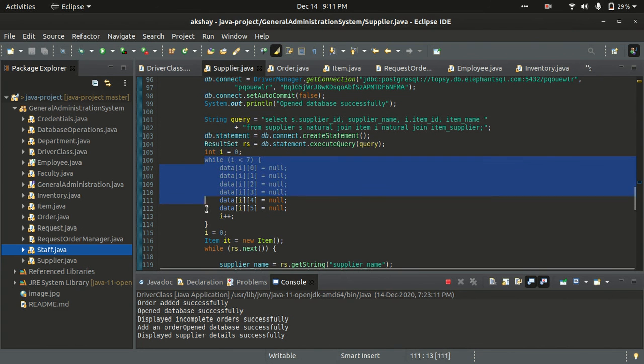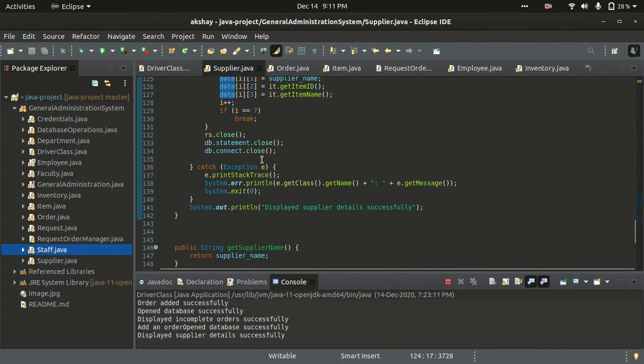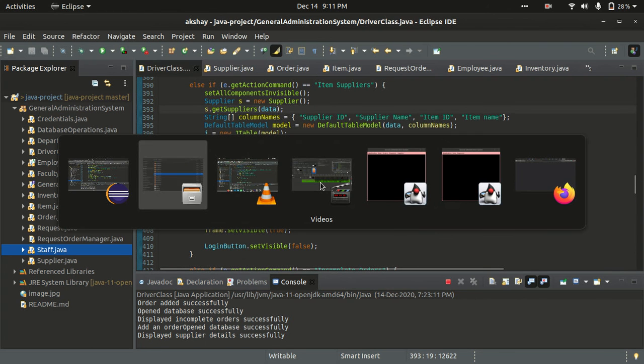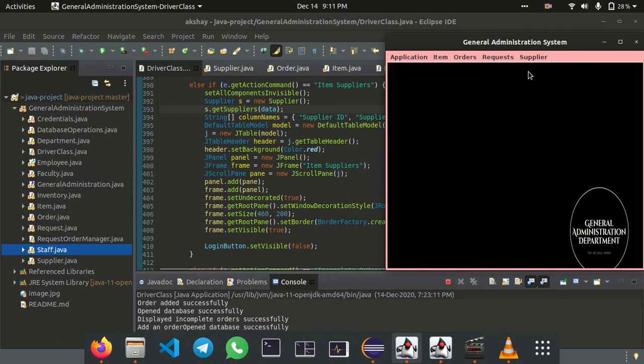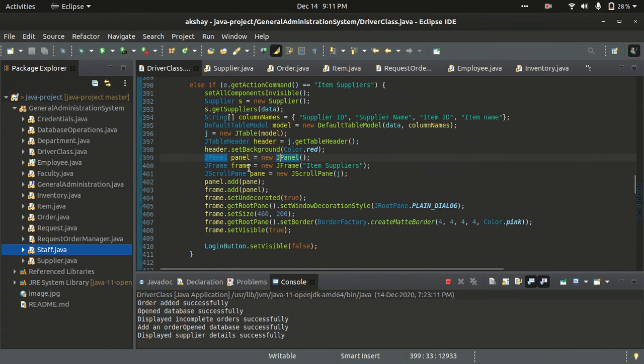As before, we initialize these variables as null, and we take all the attributes, supplier name and supplier ID, into the data members of supplier, and we assign this to the data, which is a 2D array. This helps us to see the table here that we saw before. So that is basically it.